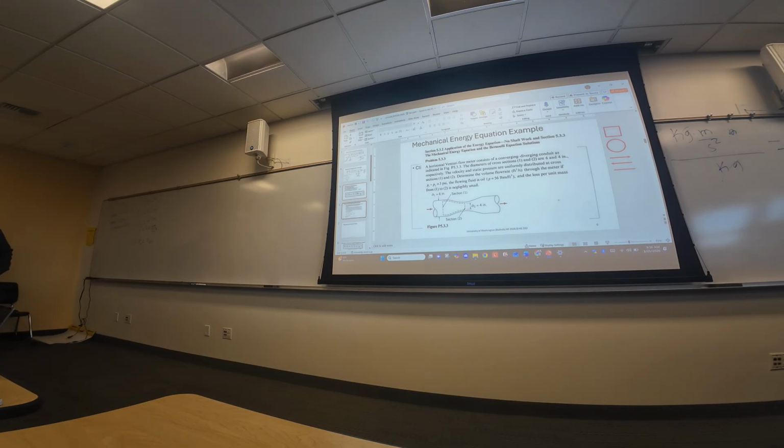Okay. And then they also said stuff on there. You could write that in the assumptions if you want. They said loss per unit mass from 1 to 2 is negligibly small. They also said velocity and static pressure are uniformly distributed. So you can put that on there too if you'd like. Save us time, I won't write that all down. Okay, we talked about our assumptions.